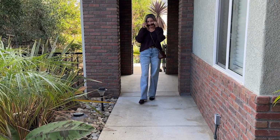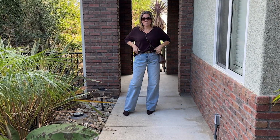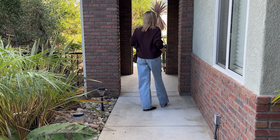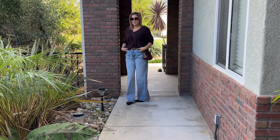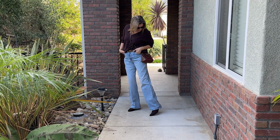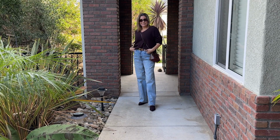And because the jeans are so fitted, I opted for a pretty oversized top, which I've kind of been into. So just recently I picked up this cashmere V-neck top from Denim, so a newer brand that I discovered this year and have been loving, because they have pretty affordable cashmere is what I would say. They do have high-end ones, but kind of a range, and just